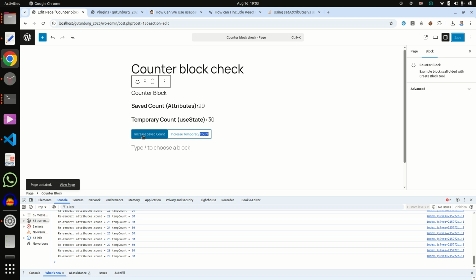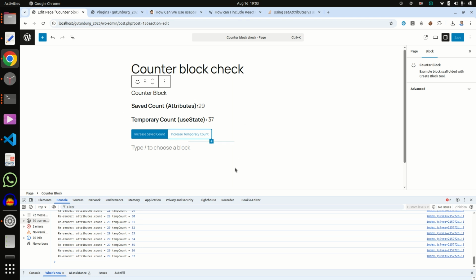The main difference is that useState is basically for interaction purposes, and it does not enable the save button, and it does not create a dirty block. It is not affecting our attribute.